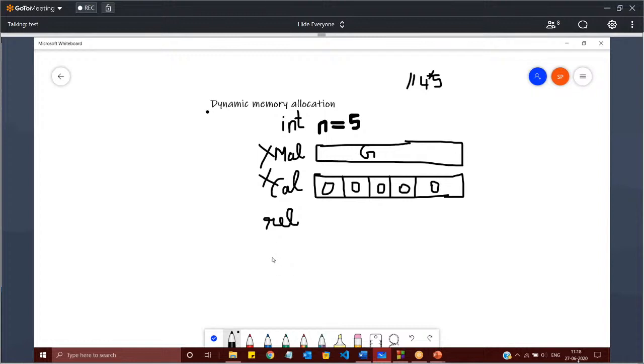So then what? Realloc will be deleting and it will be creating, modifying it. Sorry, I just mistakenly said this about free. Actually, realloc means it will be deleting it, but it will be reallocating the space. If I give malloc equal to 5, it will be creating 5. If I want to change the value, if I want to change